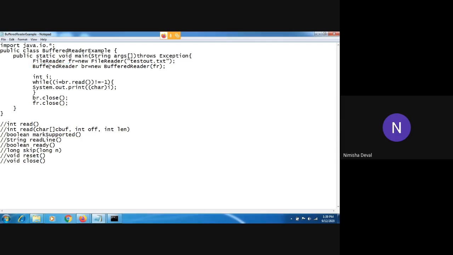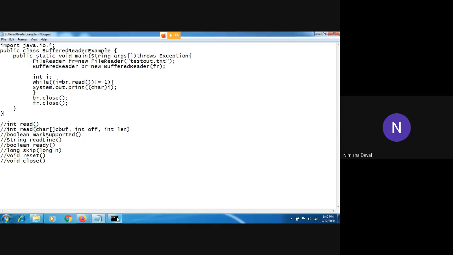Then we have created a BufferedReader because we have to read that file with the help of this FileReader object. The integer is used because we are reading it one by one, character by character. First it will take the value, it will be converted into a character, and then it will be printed in front of us. After that, we have to close both these streams, first the BufferedReader and second the FileReader. Both streams must be closed.